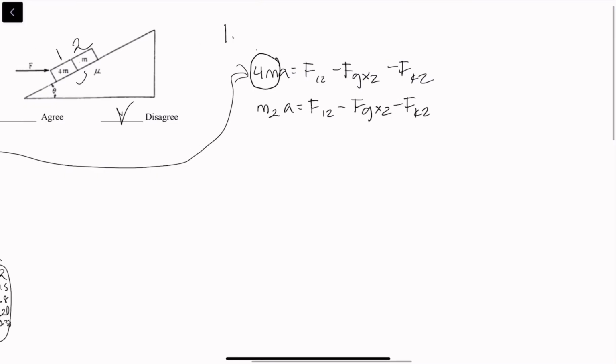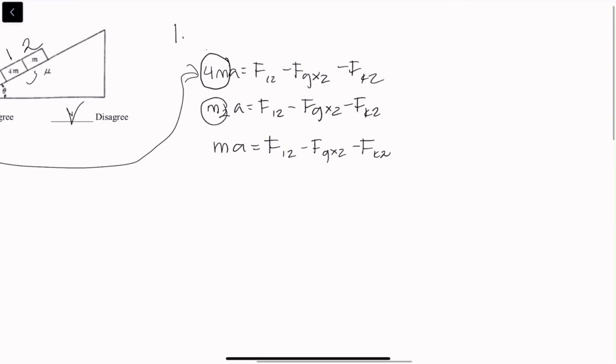However, when you switch these two blocks, this M2 becomes just M. And when you expand it, this becomes F12 minus 4M minus, and this expands to,